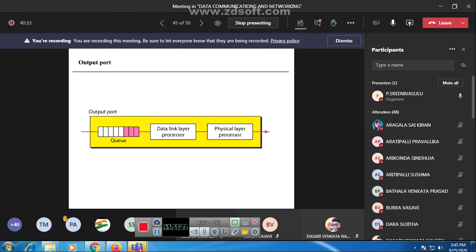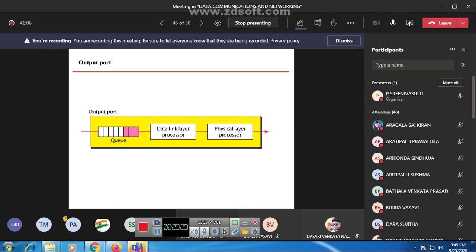The special feature of message switching is the capability of storing and forwarding. There is no dedicated path between two communicating devices. Each message is treated as an independent unit and includes its own destination and source address, so it is called a store and forward network.